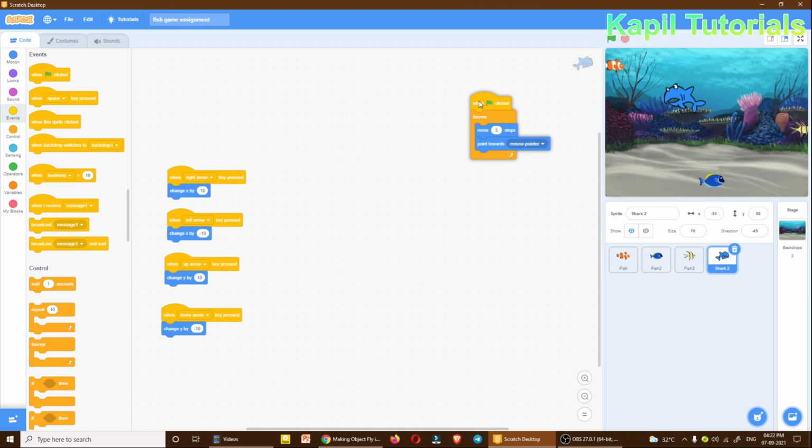So now we have to do the coding so that our shark should eat other fishes, and whenever it eats other fishes, the score should increase. To do that, I have to again go to events. When clicked, and then I have to set one variable. And you know very well